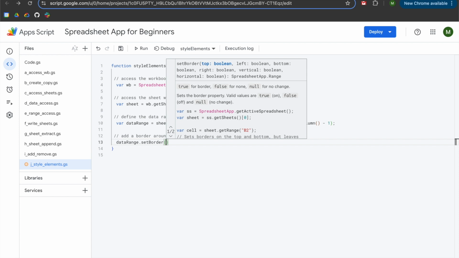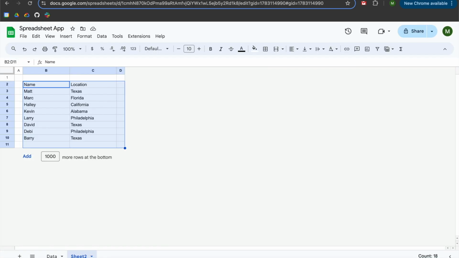And setBorder has several arguments. The first argument is the top. The next argument is left. The next argument is bottom. The next argument is right. The following argument is vertical, and the final argument is horizontal. So I'm going to explain what that means in here. So basically, when you are inputting